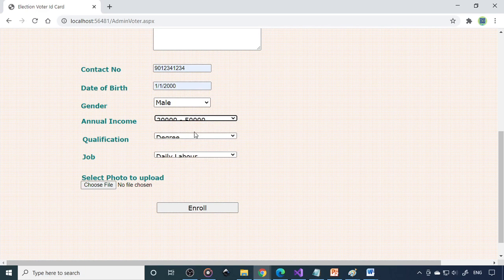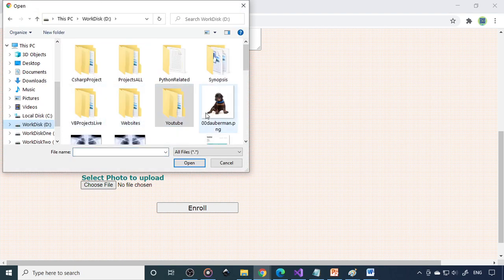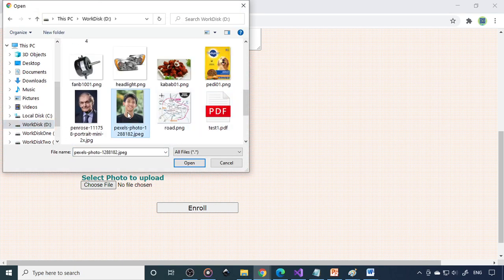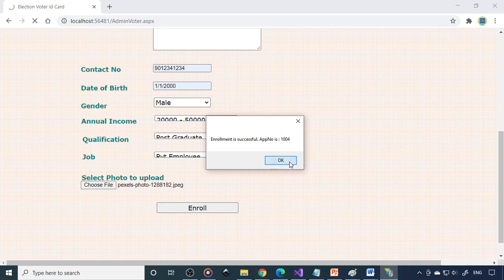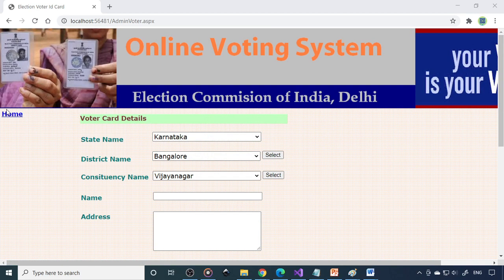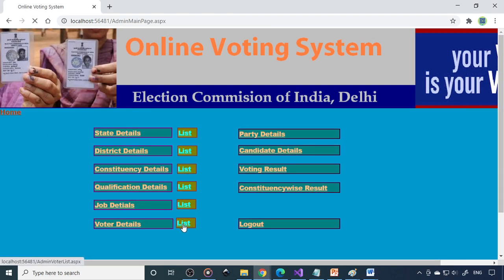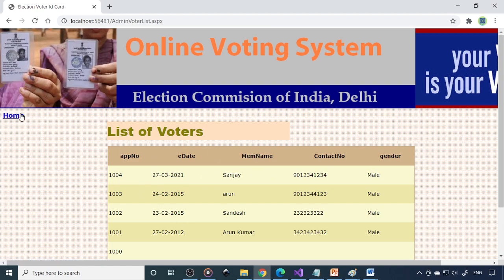Annual income, so let's take some income. Degree, postgraduate, private employee. So you need to upload the photo here. You can choose the file. I go to D drive, I'll select the photo. I'll select this one only. So you can see enroll. Application number 1004. That is the ID in order to log in. So you can see that here are the details.